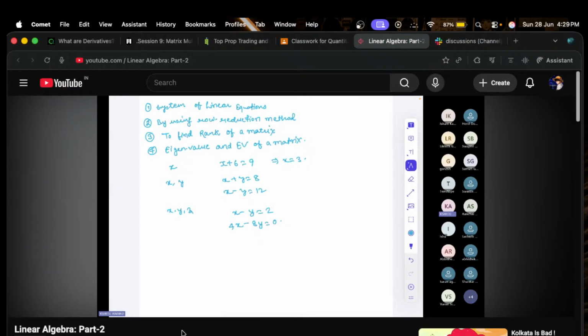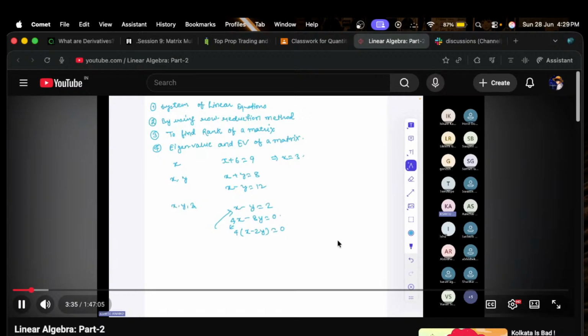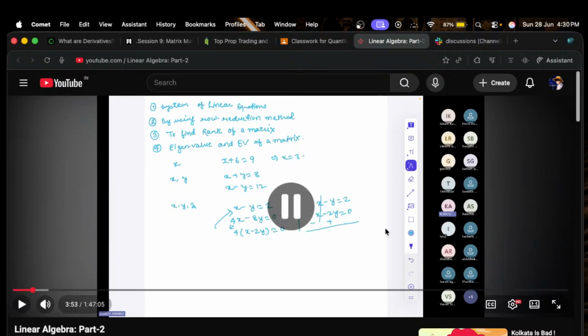So what we can do is that uh, this is the equation, right? X minus y equal to 2 is one of the equation, and then 4x minus 8y equal to 0 is the another, right? Now, what we can do is this is equal to if you see this equation, this is nothing but 4x minus 2y equal to 0, right? 4 cannot be 0, so x minus 2y is 0. So the two equation is nothing but x minus y equal to 2 and x minus 2y equal to 0. Then what you can do is that you can put a minus sign over here and a plus sign over here. So basically you are subtracting the two equations. So what you get is you can subtract x and x, which you will be getting 0, and then 2y minus y, which is y, and then you get y equal to 2, right? Now if you put y equal to 2 in one of these equations, you will get the value of x. So this is kind of an elimination technique where you eliminate one of the variable, right? And this has its